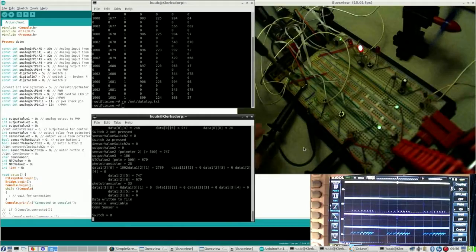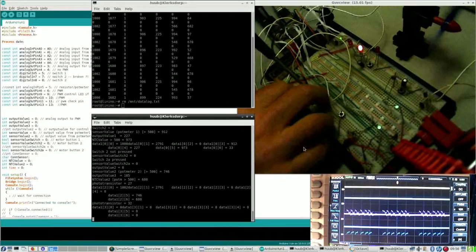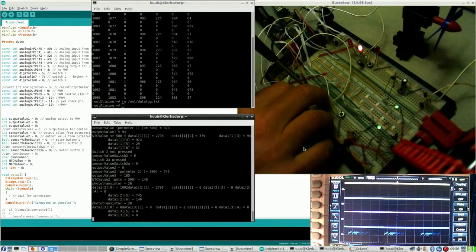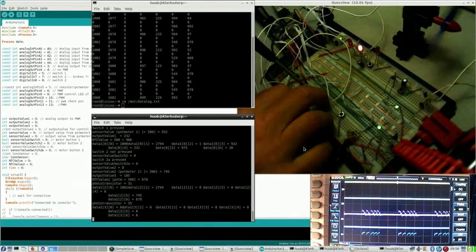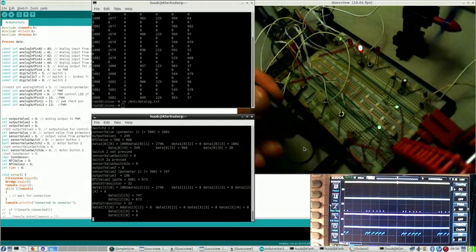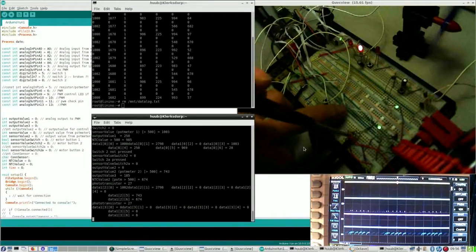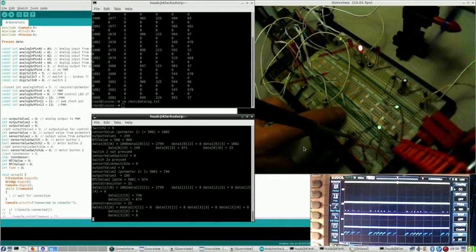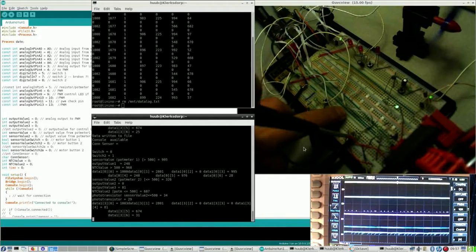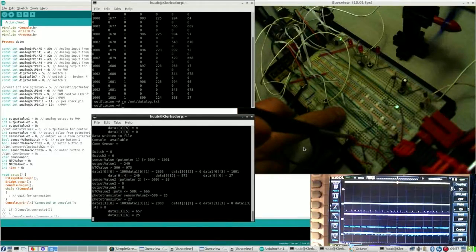So, once again, using this, and you see the effect on the motor there. Then same thing with this one, and yeah, if it is right, it just runs nicely,